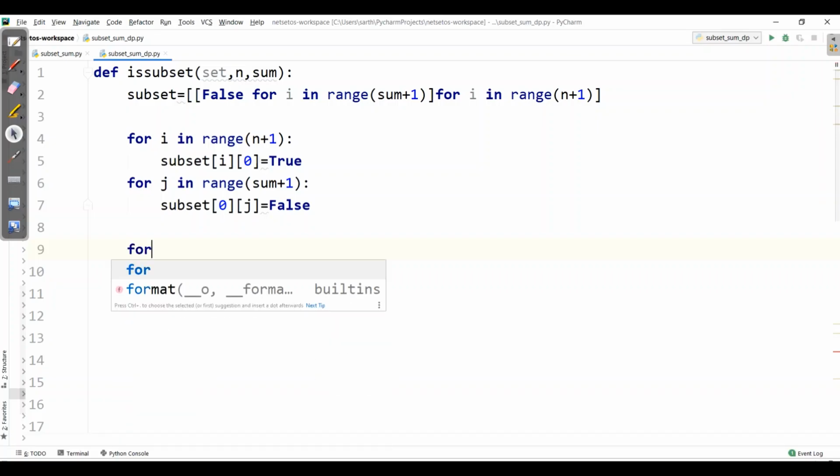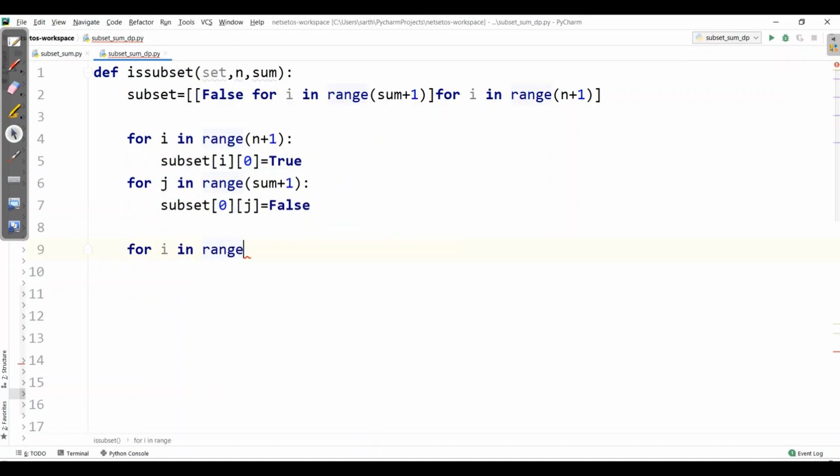So I will make a loop for iterating for i in range up till n plus 1, for j in range up till sum plus 1. So here I will compare the sum value. Sum is with j.